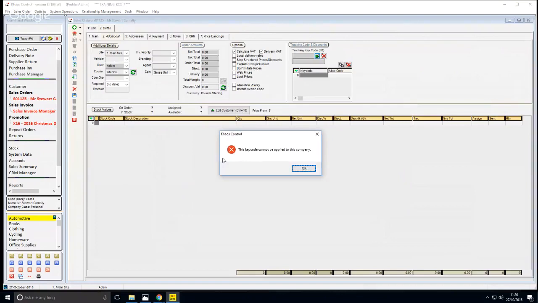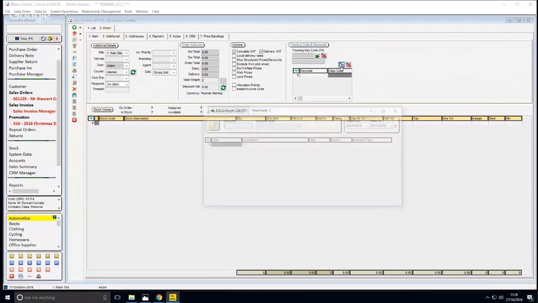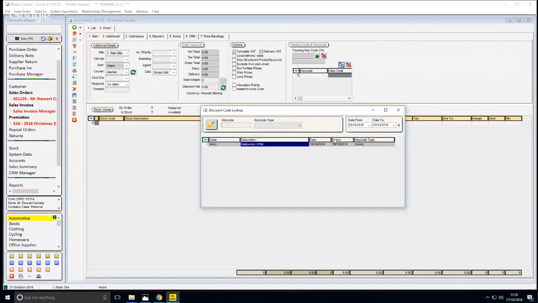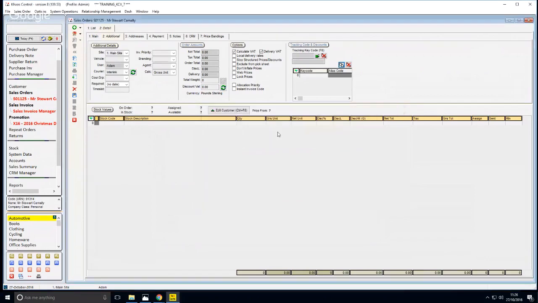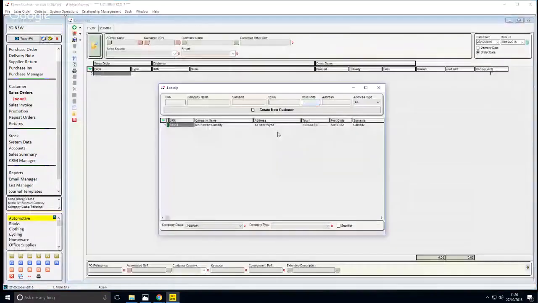This has been sorted out since. But what we need to do is specify a tracking key code before we can use an alias key code. In the fixed version, all we need to do is specify the alias key code. So if I try and specify an alias key code against this customer, it doesn't get listed because the system knows it's not applicable. If I create a new one against Rita Richards, hopefully,